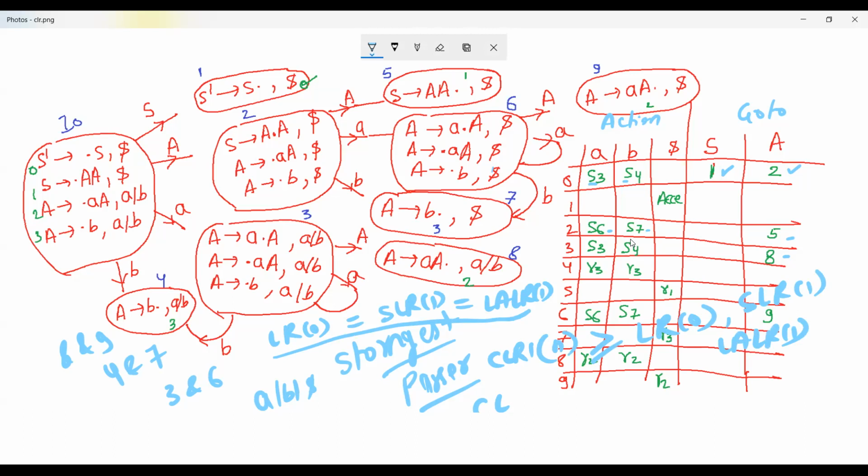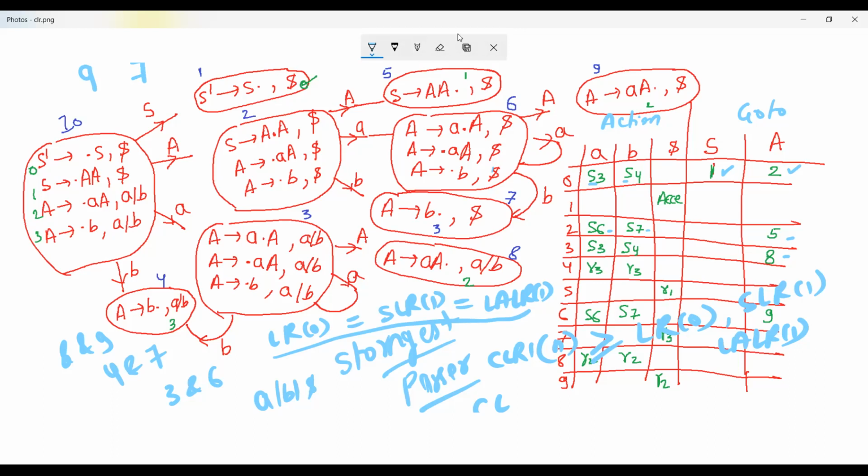So in this example you can see that in CLR1 the number of states is 9, while in the remaining it is 7, right? So in this way we can see that the number of states are more in case of CLR1 and the number of states are generally less in the remaining bottom-up parsers.